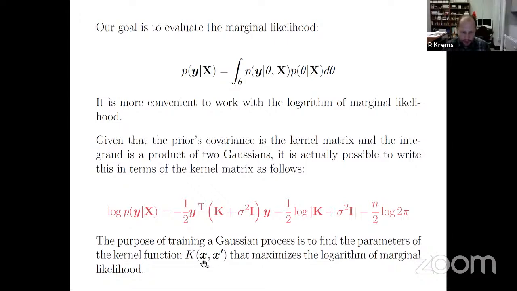So anything that defines this function, right? In the simplest possible case, it could be a Gaussian function, and the variance of that Gaussian could be the parameter that you would optimize. Okay. But for our kind of problems, we're going to be building much more complex kernels, and there are going to be many more parameters.